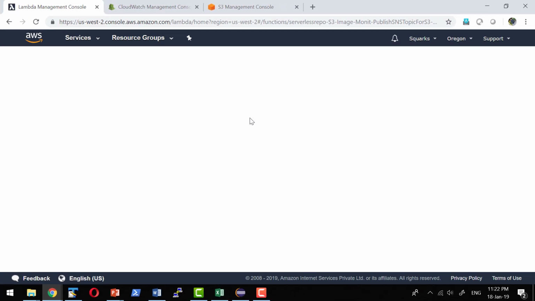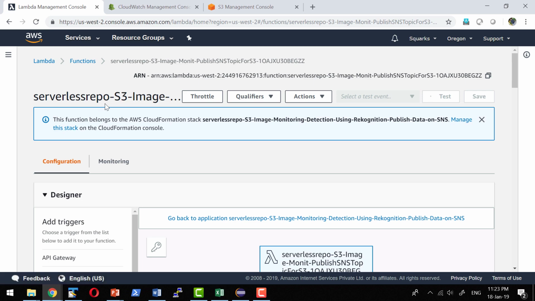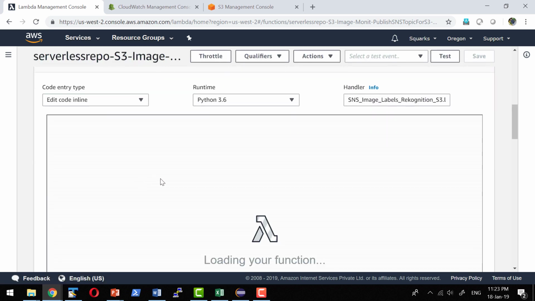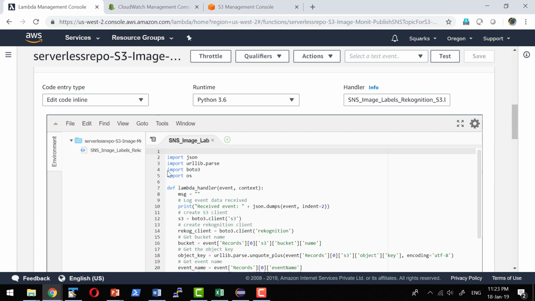So this has a piece of code. Let me not worry about the code now, I'm just going to explain the functionality. I have provided the configuration for this particular function. Whenever I add a file into the S3 bucket, it's going to trigger this function. The function will read the image and use a specific service within AWS called Rekognition.